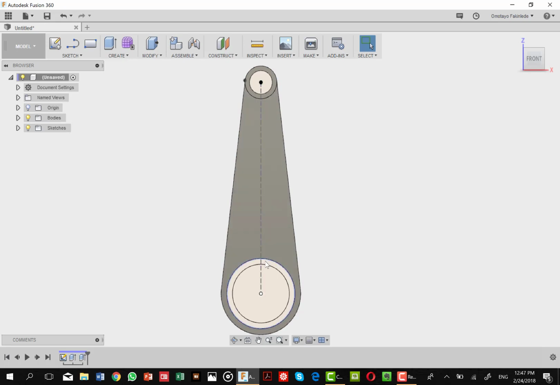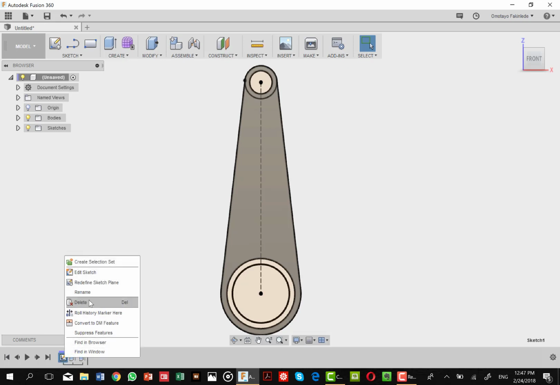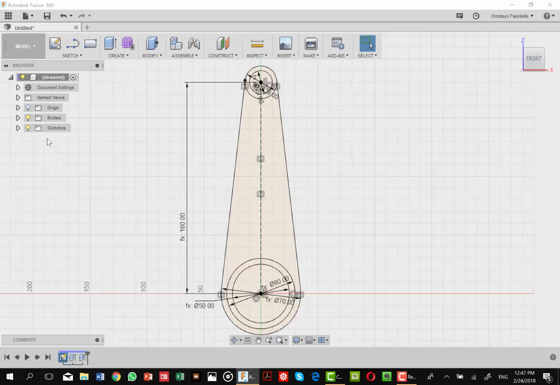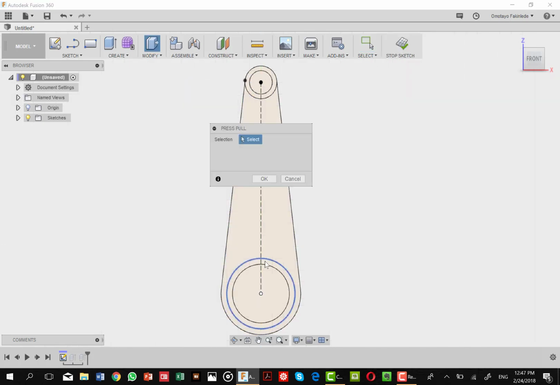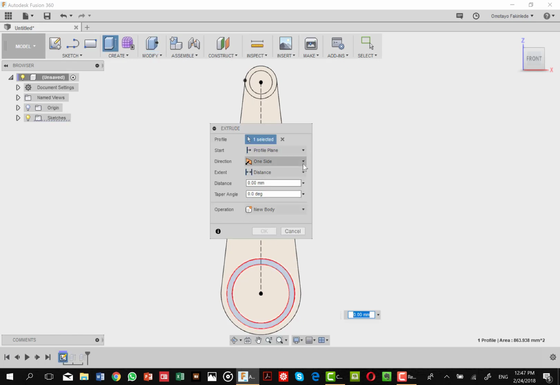And then we come here, we go back to the sketch, and we will say edit sketch, and then Q, select this, and then symmetric, full length, and this is 35, and that 35 is not creating a new body, it's creating a joint.